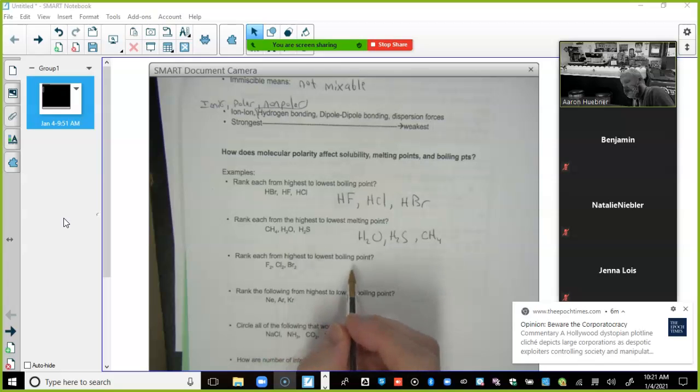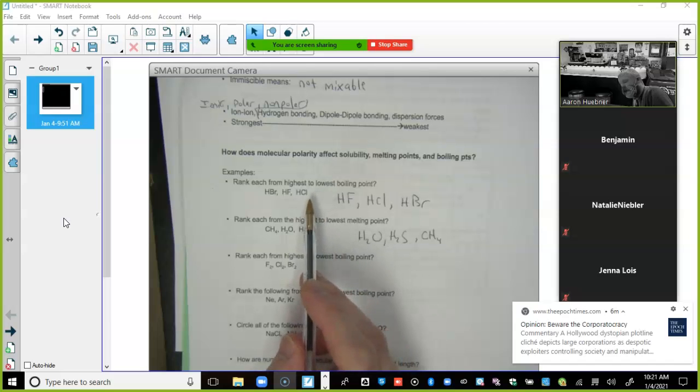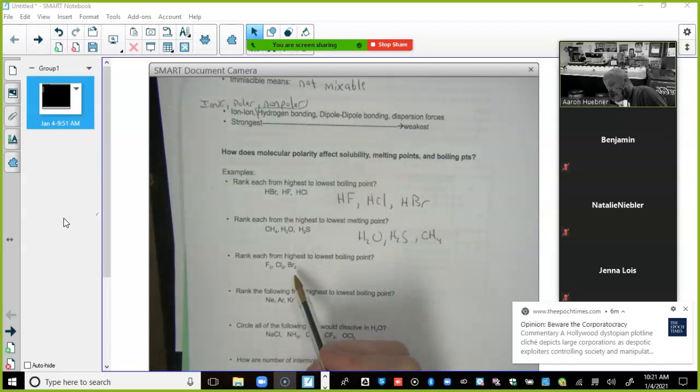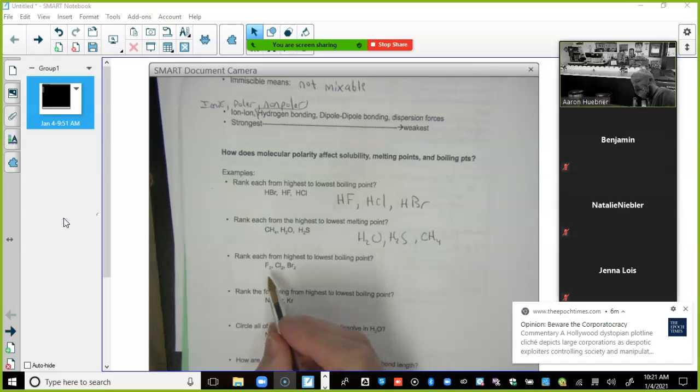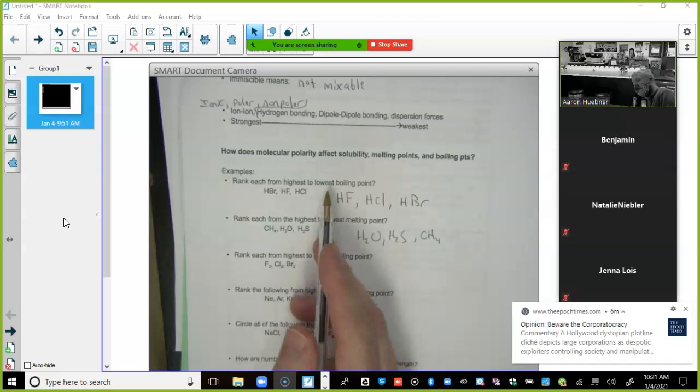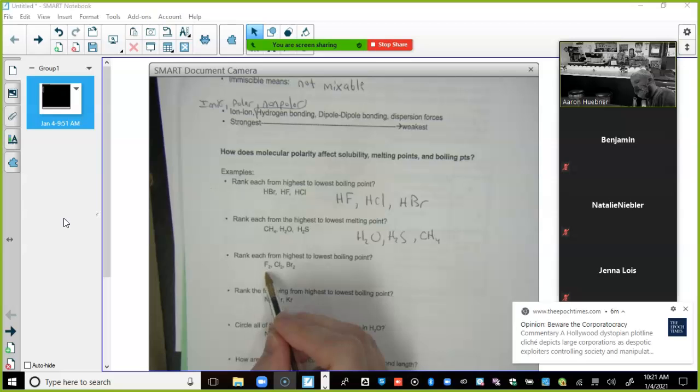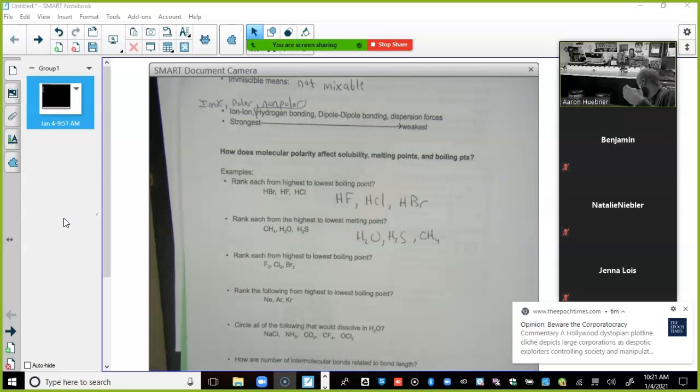Highest to lowest boiling point. Oh, that's the same as. Oh, wait, is that the same? Oh, it's similar. We got diatomic molecules. Same question, different molecules. Does the diatomic make a difference? It does, because all of them are nonpolar, so they're all going to have just dispersion forces. But some are going to have,